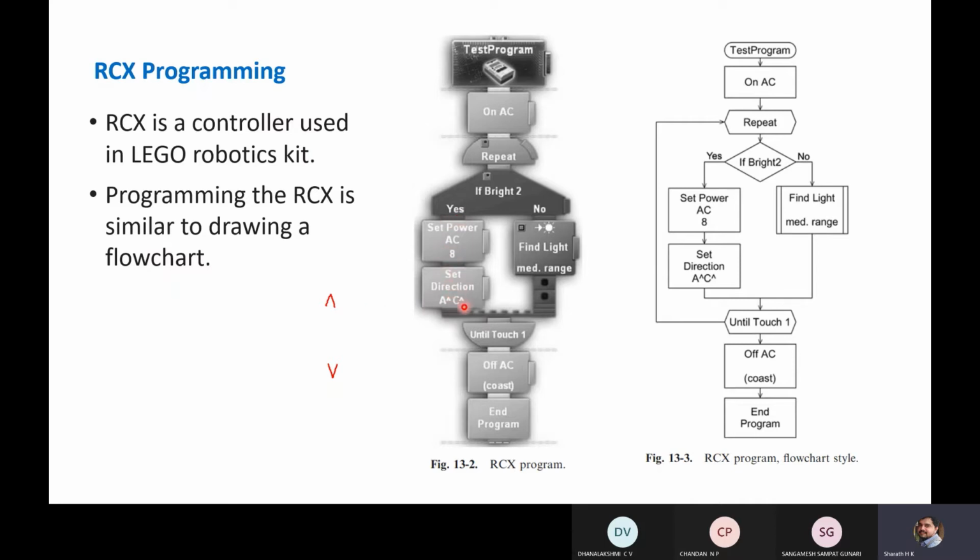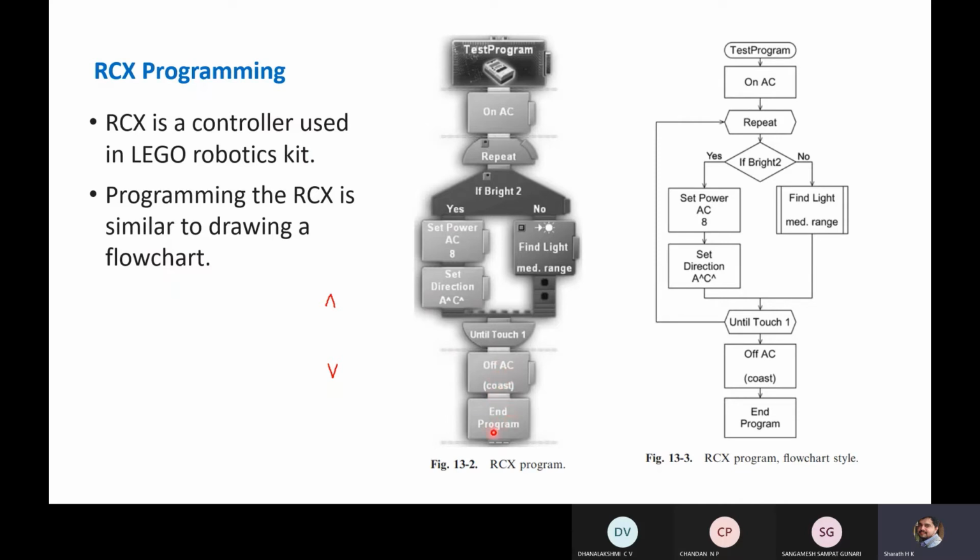The robot will start moving until it touches an obstacle. When it encounters an obstacle, the robot will stop. Till it reaches an obstacle, it will move. Once it touches the obstacle, off AC means both motors A and C are off, that is, power to motors A and C will be interrupted.